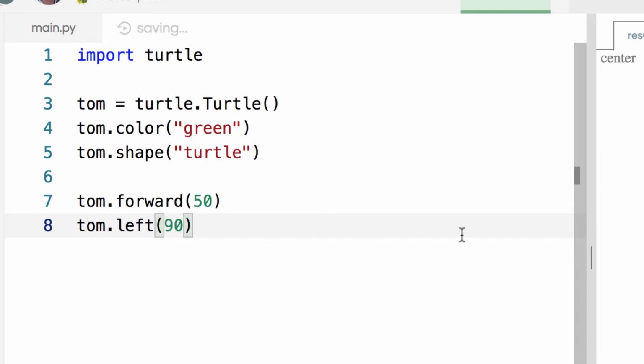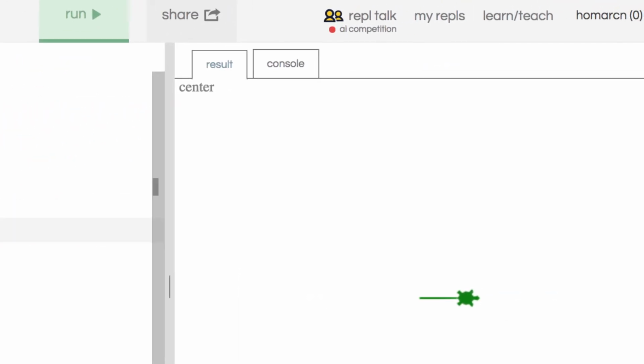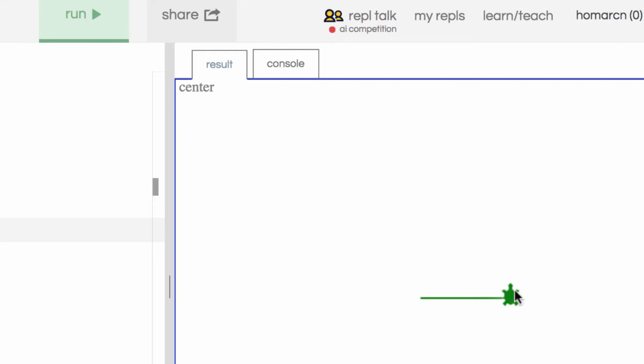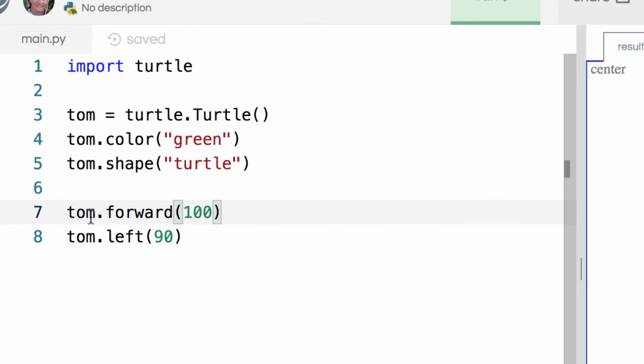If you wanted to have him turn 90 degrees, let's say he's going to make a square, and let's make this a little bigger. I'll make that 100 to move forward 100, and he's going to turn left. He would go in that direction, then he'd turn. And you can see what's going to happen here. He's going to repeat these two operations, these two statements. He's going to move and turn, move and turn, move and turn, and we'd actually make a square. So instead, we could copy and paste these three more times,